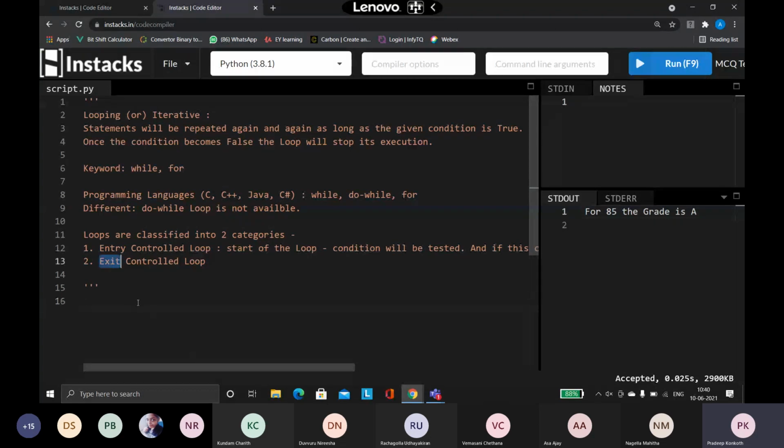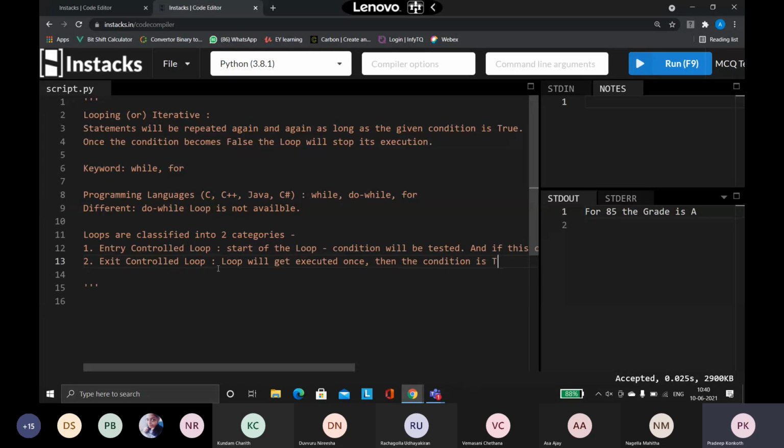What is the exit control loop? In the exit control loop, the loop first gets executed once. Then the condition is tested.